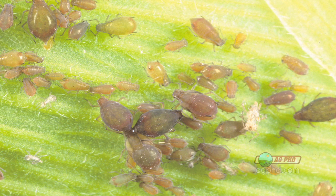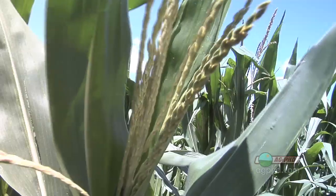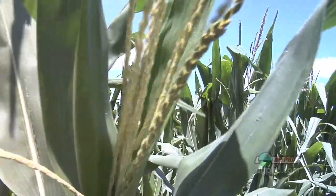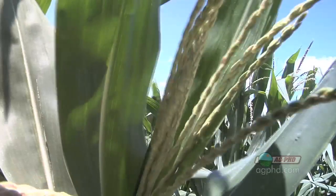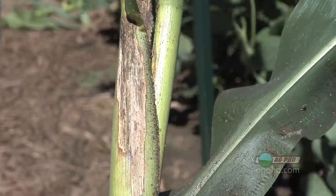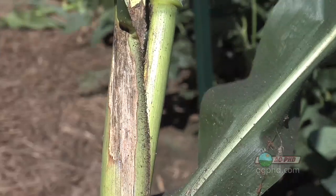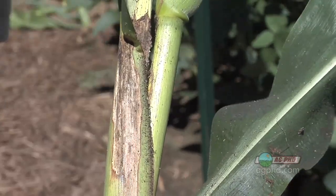Well, here's the thing I'm concerned about in wetter years. You end up with a lot of aphids right around that tassel, and in wetter years, you end up with more disease problems usually too. So now we've got this plant with all these little open wounds, and you end up with more disease pressure. This can be a big deal. Yep, that's true. So what we're saying is, if you have a lot of corn leaf aphid problems, you probably will want to spray some fungicide at the same time. But again, just scout your fields,